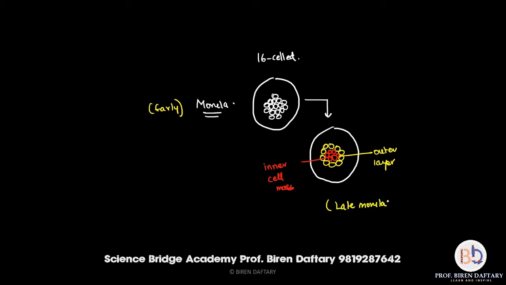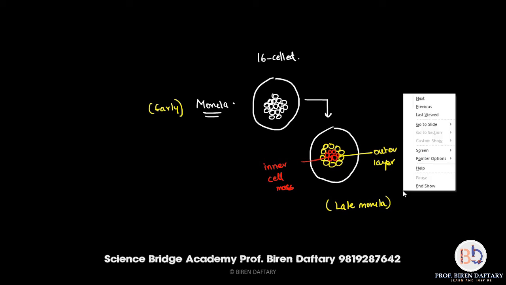So the late morula has 16 blastomeres. It is a 16 cell stage. It has the zona pellucida. The cells or the blastomeres get divided into two regions, the outer layer of cells and the inner cell mass. Okay, now what happens is this